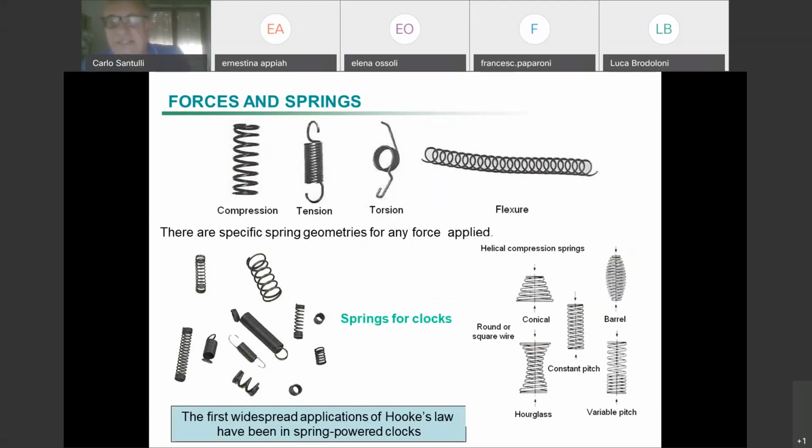Even at the end of the travel of, for example, a lift, when it gets to the end you find a big compression spring to compress it, which doesn't allow the lift to go further down. Okay,